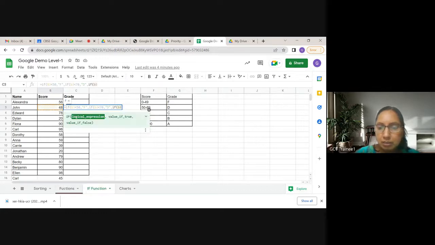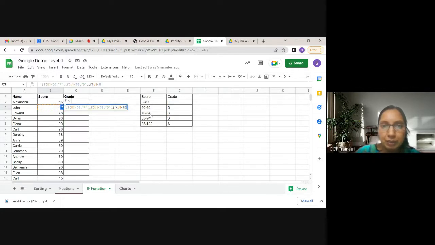B3 is less than, the next value after 69 is 84, so I can give 85. Less than 85 means still 84, so that is why I'm giving 85. And then the grade should be